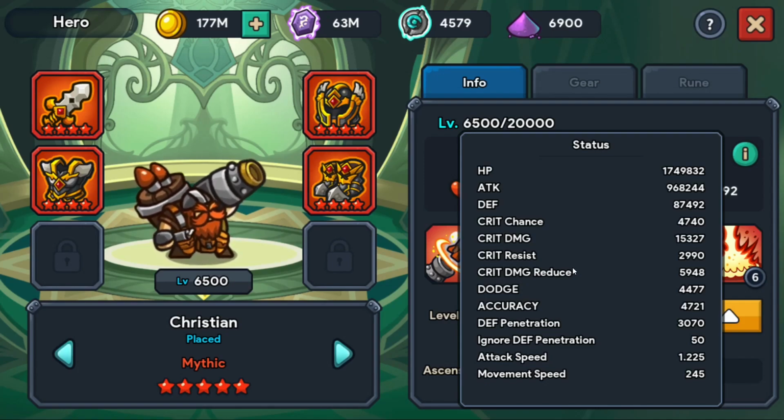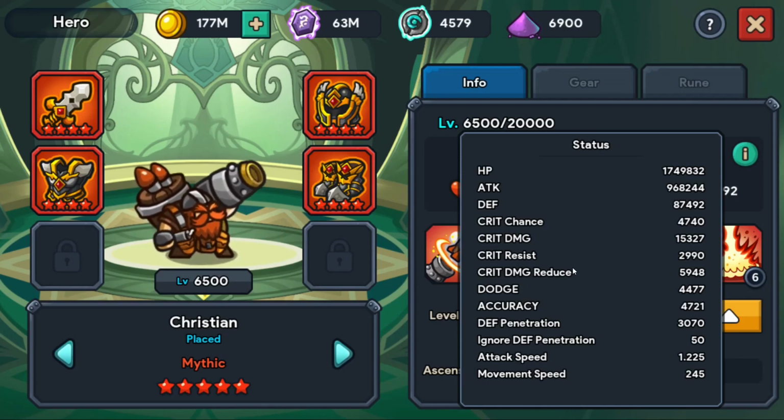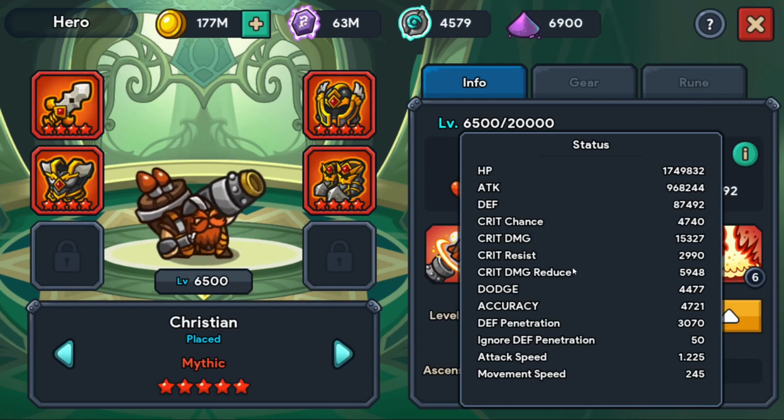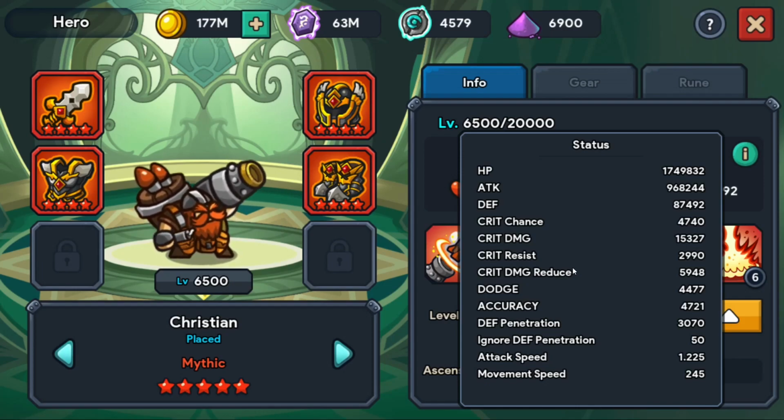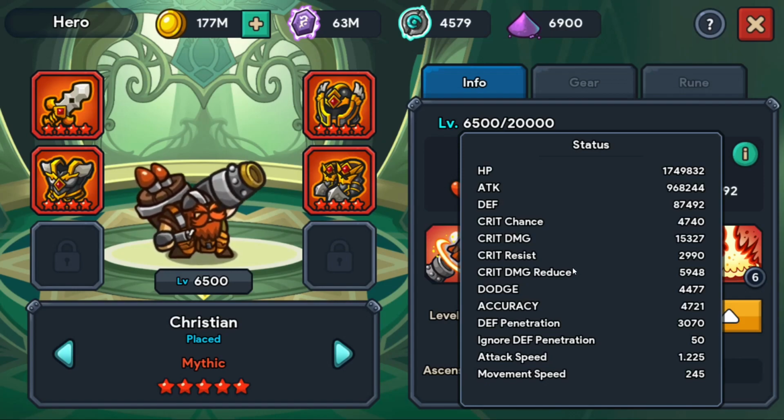First there's hit chance. There's a minimum hit chance of 1%. There's a maximum hit chance of 99%. There is a minimum dodge of 1%, and there's a maximum dodge of 99%. The way that is calculated is basically...